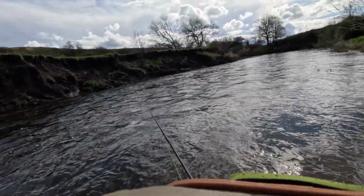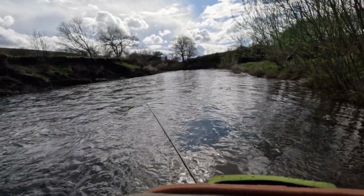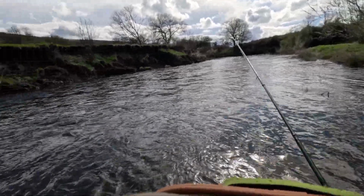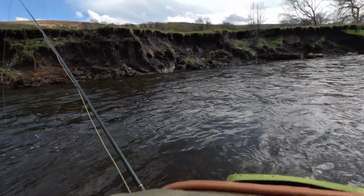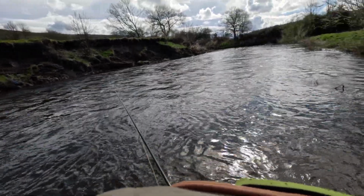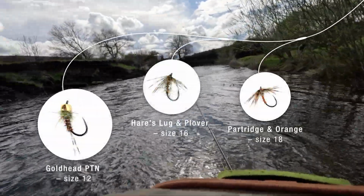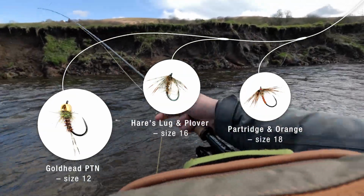I'm just working my way down through this run. Yeah, if something doesn't feel right, you just need to make a change. It's pointless flogging a dead horse. You know, there's no fish rising, so I know you can catch them blind, but something's not right, so you just got to change. I've got a little partridge and orange on the top dropper, size 18,